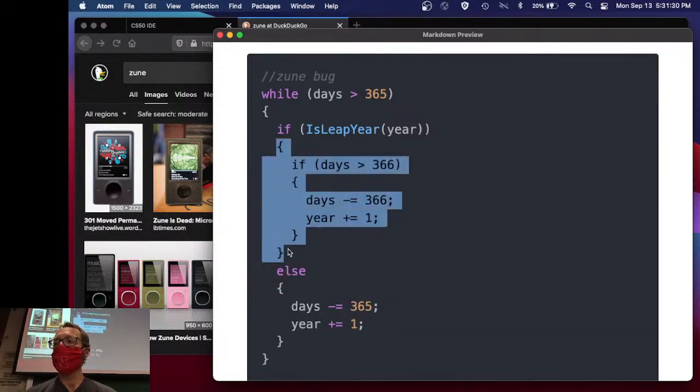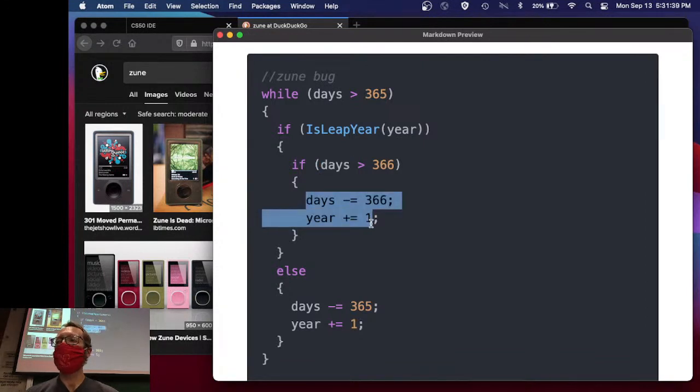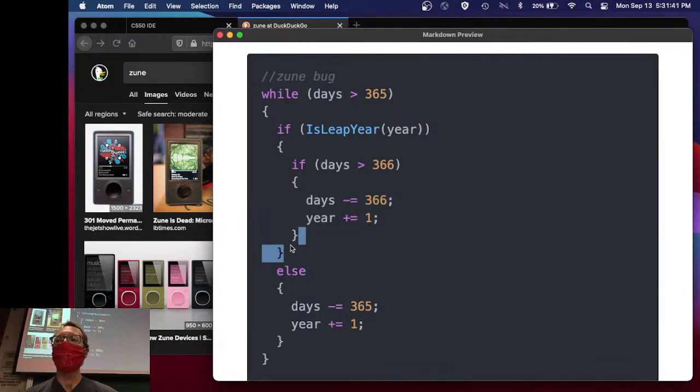Now, is days strictly greater than 366? No. So this will not execute, and we go down to the else statement, which is empty, right? Coming back all the way up to the top. Days is still 366, and so this executes again, and again, and again, infinitely until the next day,